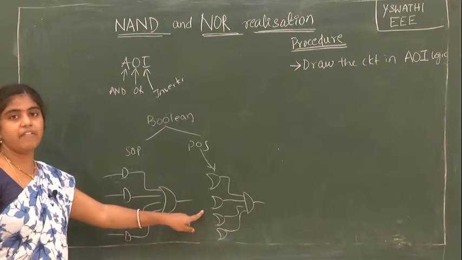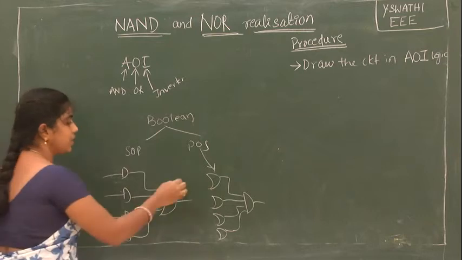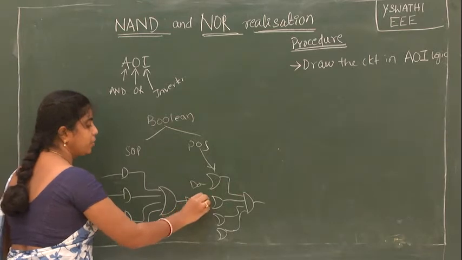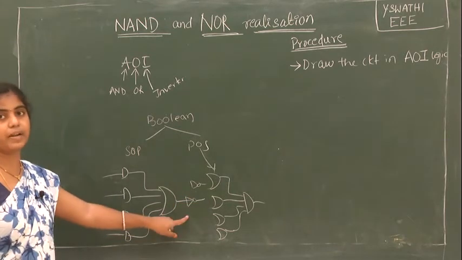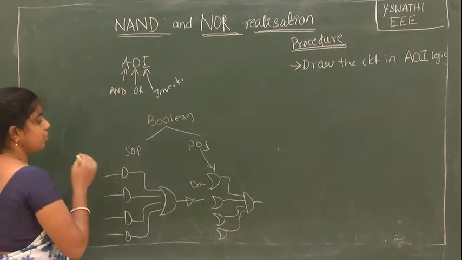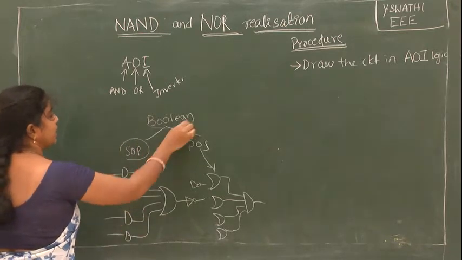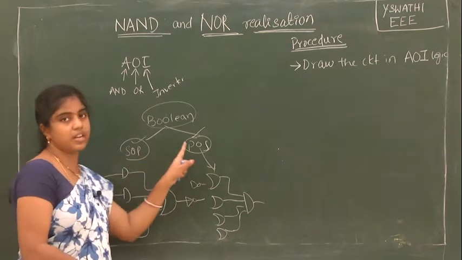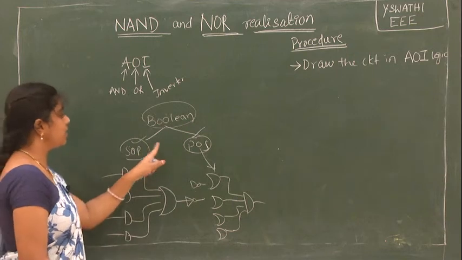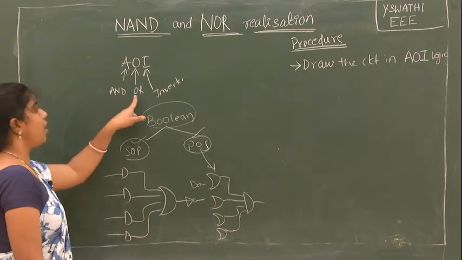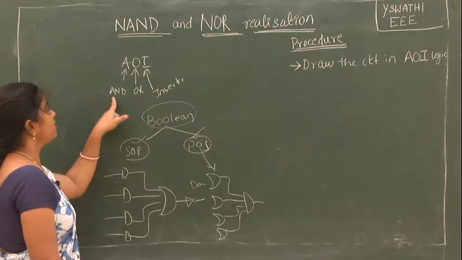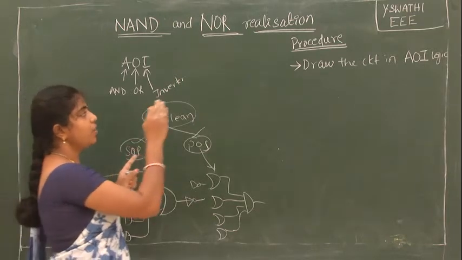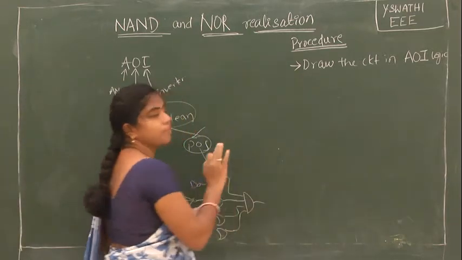In the variables we have complemented and uncomplemented forms. That's why we have a NOT gate also. Or otherwise you can have a NOT gate at the output to get the POS form at the end of the SOP form. So to represent any Boolean expression in either form, or a hybrid combination of POS and SOP form, you need to implement the given expression by using AND, OR and NOT gates. Then it is called AOI logic. So implementing any expression with AOI logic is our first step in the procedure.